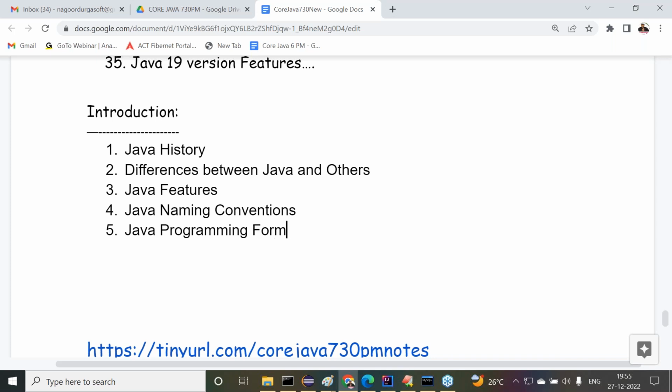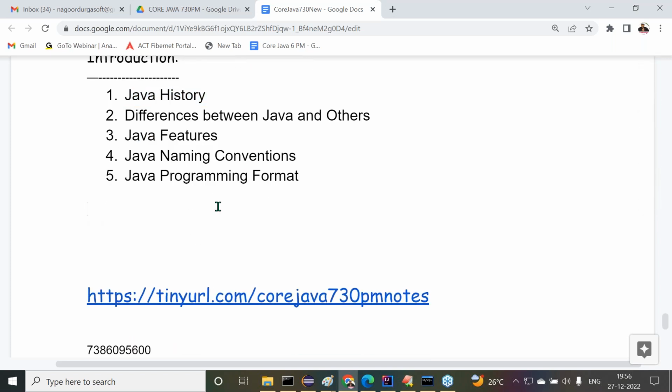Overall, these are the topics we are going to understand under this introduction part. Then when I complete this introduction part, the second topic is steps to prepare first Java application. Leave this one. First of all, we have to understand Java history. The topic we have to understand here is Java history. Observe carefully.